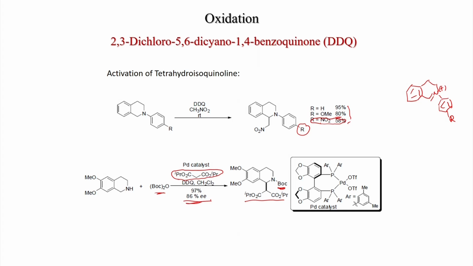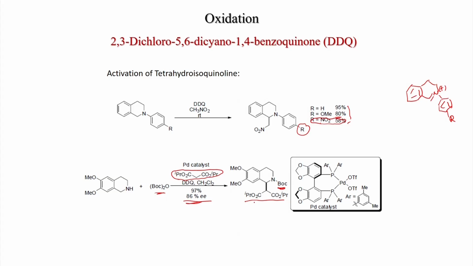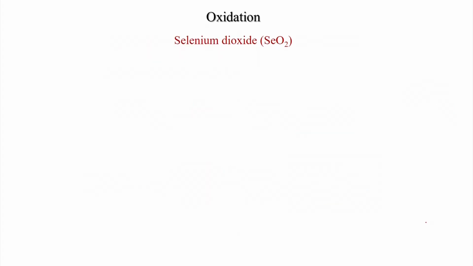86% enantiomeric excess. So, this is very important that stearyl ammonium nitrate can generate the iminium ion, and then the chiral catalyst will do the facial selectivity, so that one face of the iminium ion is blocked, and you can get the addition from one selective face to get a chiral or enantiomerically enriched product.